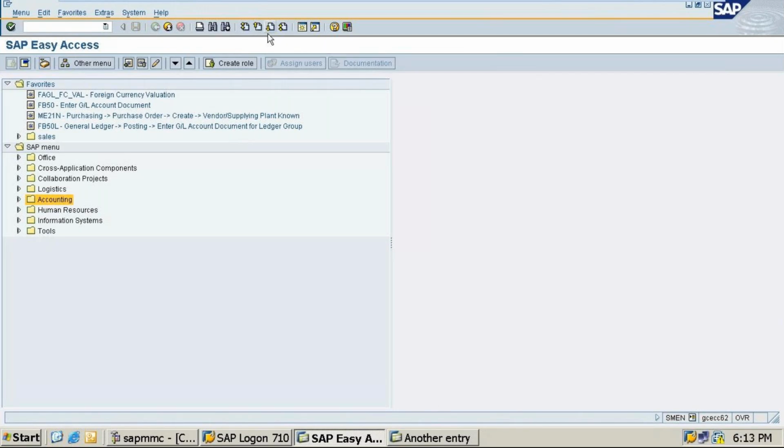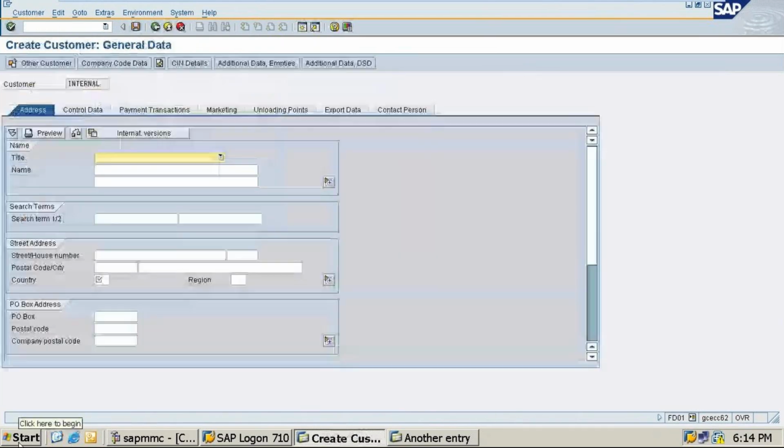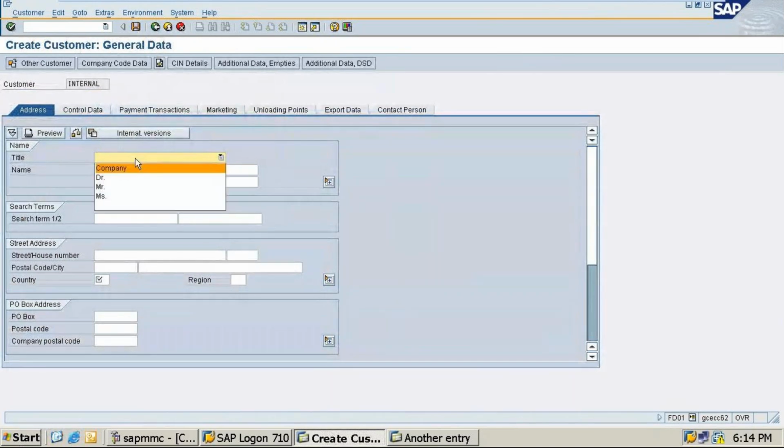Next you do slash n FD01. Press enter. Here I'll create one more today, not a problem. Company name I'm giving Sonali Private Limited.